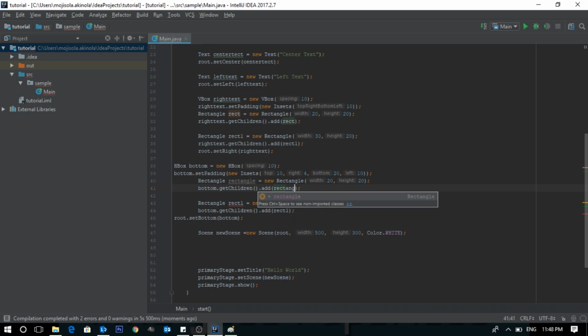You can add as many rows as you prefer, but you just have to set the number of columns you want. So I'm going to call a GridPane now. It says GridPane grid, because new GridPane, and this